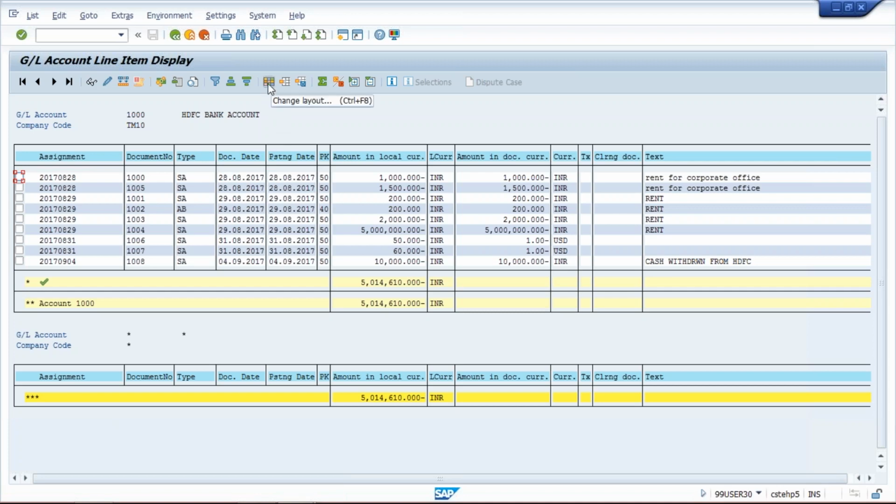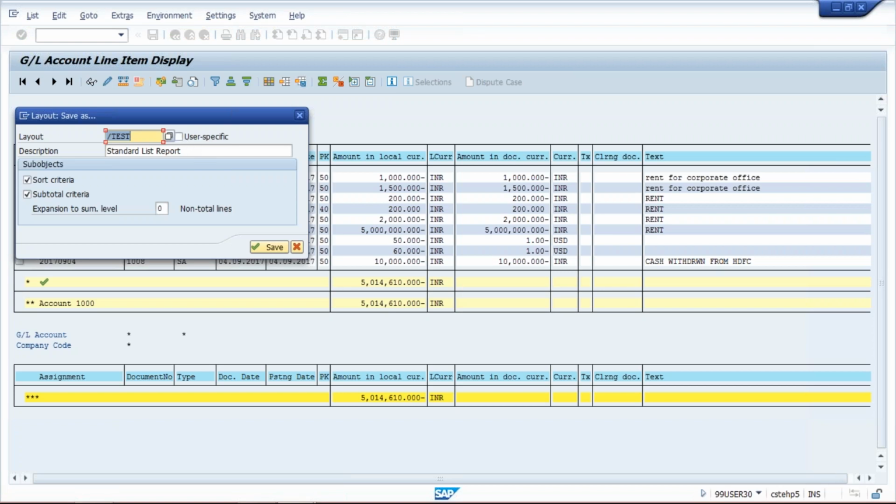First of all, what I have done is I have changed the layout. In the sense, I have removed business area. And if you want to bring this layout permanently, whenever you execute FBL3N, and you want the same layout to appear, then in that case we have to save this layout. So how to save? Click on save layout here, and then